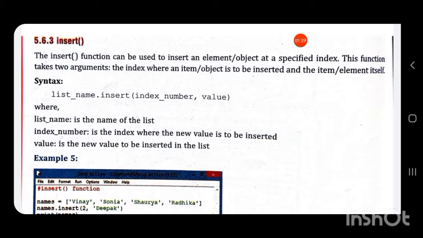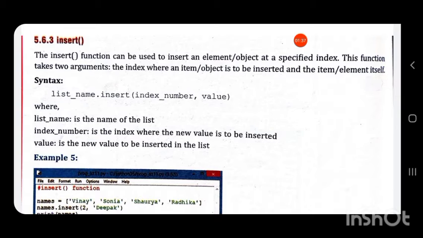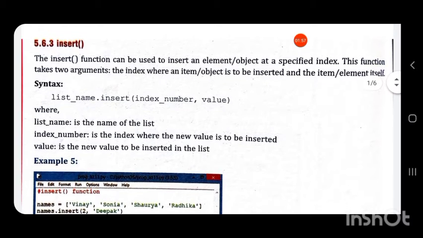This function takes two arguments: the index where an item or object is to be inserted and the item or element itself. We have studied append and extend, which also insert, but extend was to insert a list and append was to insert an element.